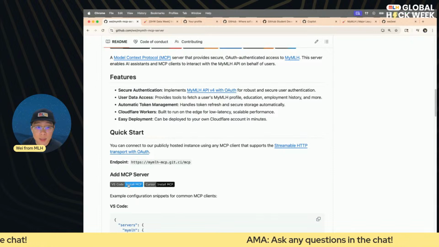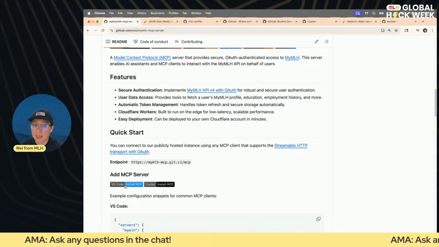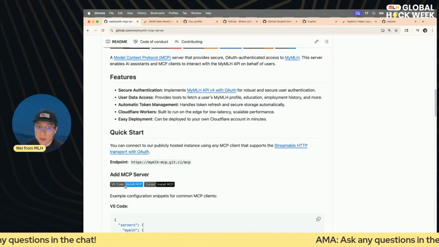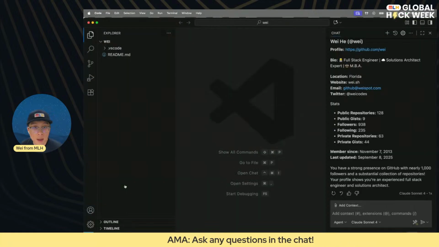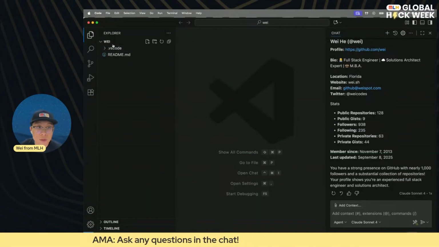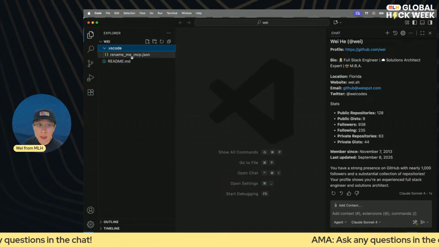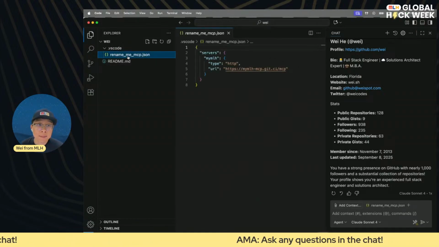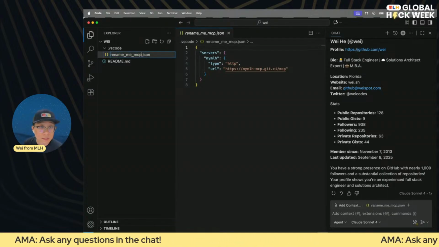You can either just click this link to install the MyMLH MCP server globally in your system, meaning any project, any VS Code window will be able to access it, or you can go into this project that we created from the template and just rename me underscore MCP to MCP.json, essentially. So let me go ahead and do that.